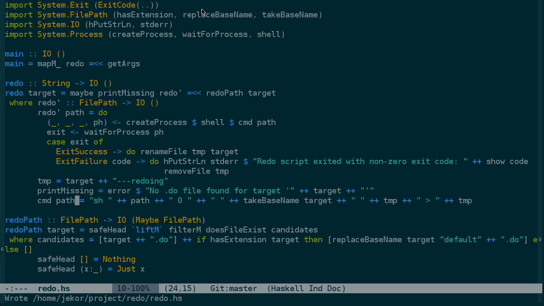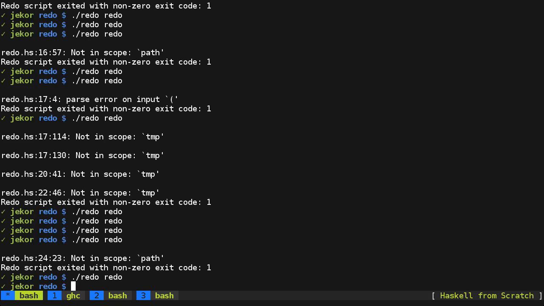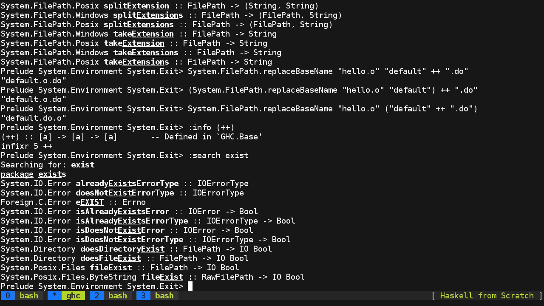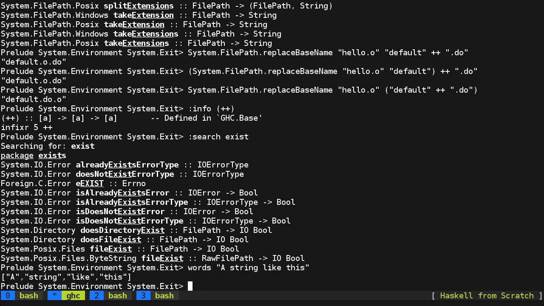Okay. And I'm still not perfectly happy with how command is defined, because it's a little confusing and error prone to have to deal with padding all of the arguments with spaces here. So I'm going to change this to use unwords, which let's take a look at in GHCi what words does. So words takes a string like this and converts it into a list of the words separated by spaces. And then unwords